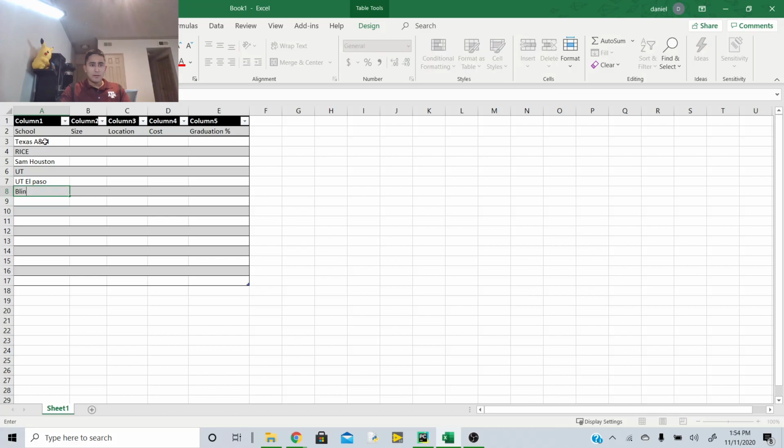Let's do Blinn, just in case, as a backup plan. Why not? So in the first column, I have the school: A&M, Rice, Sam Houston, UT El Paso, Blinn, and